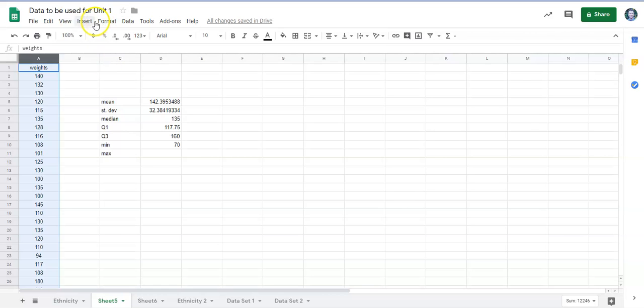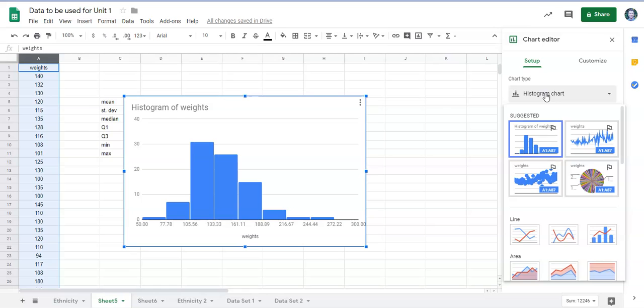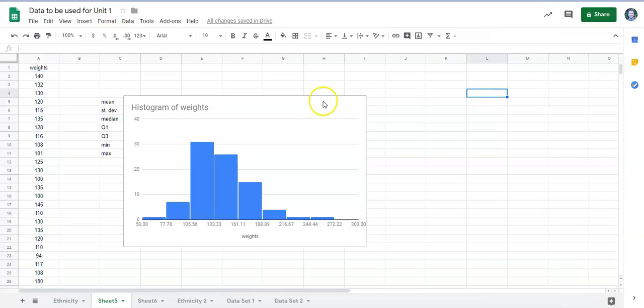And I apologize, my computer is running a little slow. There it is. It popped up right now. Now, the problem is that it does make a histogram. If for some reason it doesn't make a histogram, all you got to do under the chart editor here is select chart type and then look for histogram. You will see histogram there. All right, now,